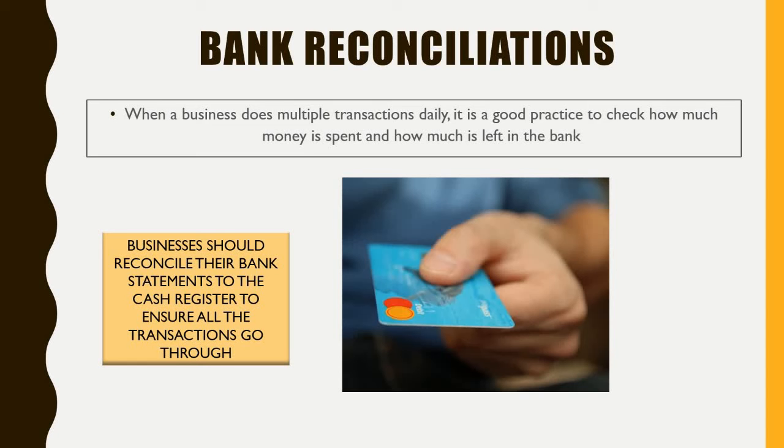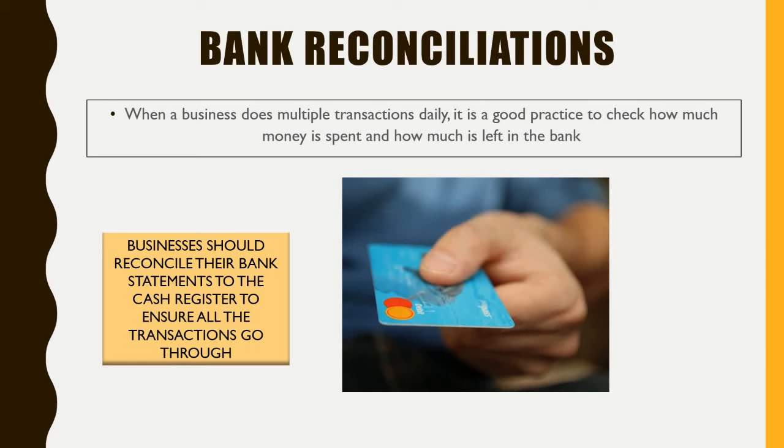Now, oftentimes, the best form of making sure that we know which transactions actually cleared and which are still pending is going to be your bank statement, right? Your bank statement should be released always at the end. You have it from the beginning of the month all the way out to your end of the month. And usually what you do is you compare it to your books,